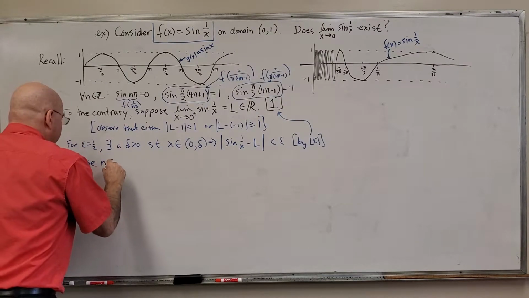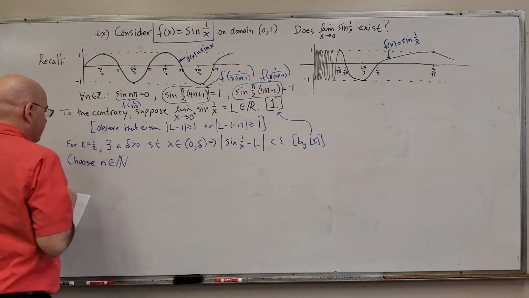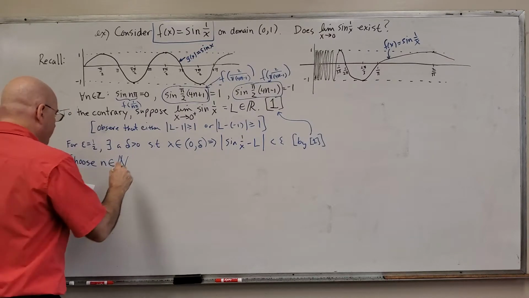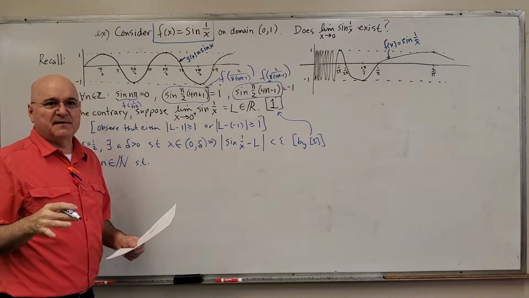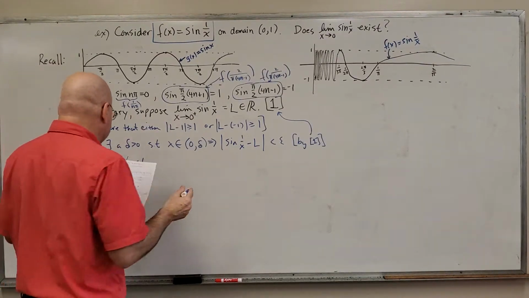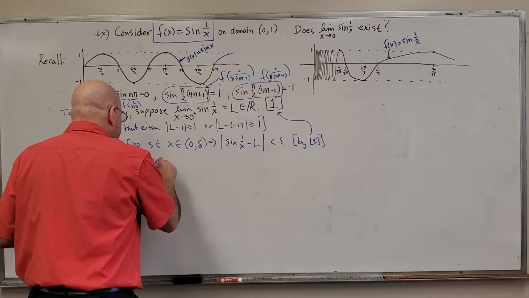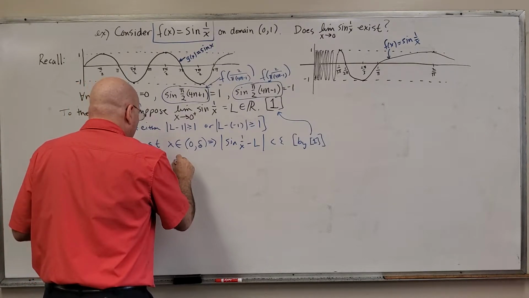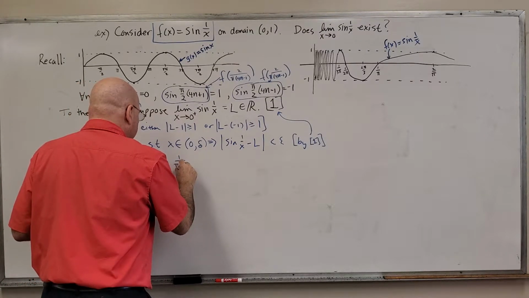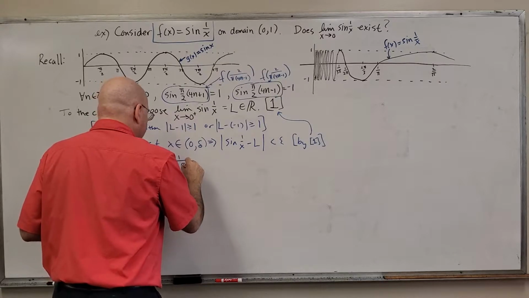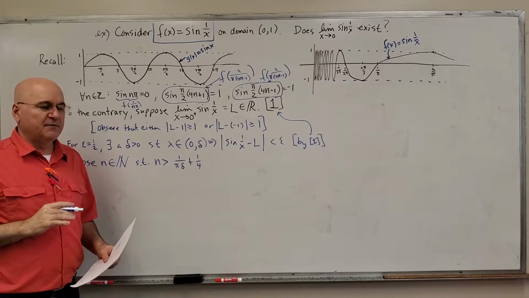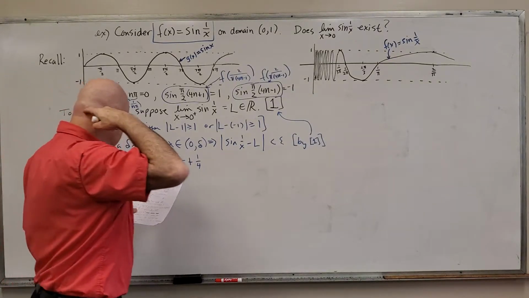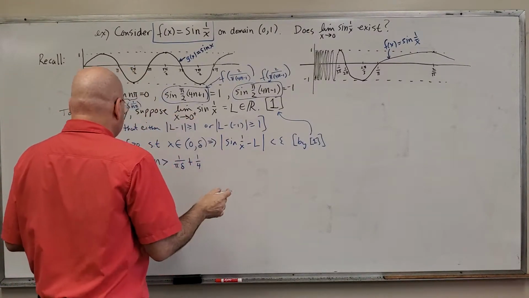a natural number little n such that, and don't get thrown away by this, it took me a minute to figure out this number exactly, n is greater than 1 over pi delta plus 1/4. And that's not the part that I care about. That means that when I solve it for delta,